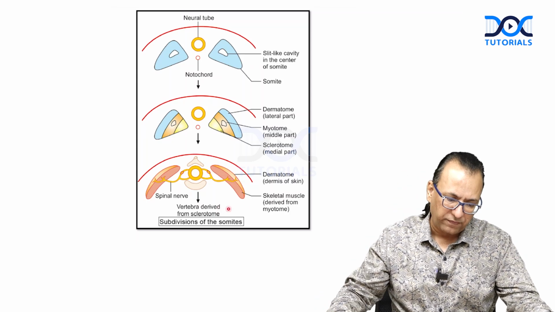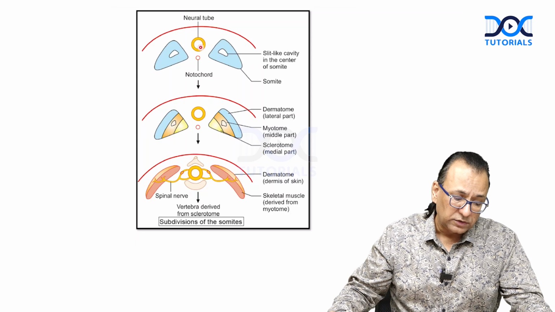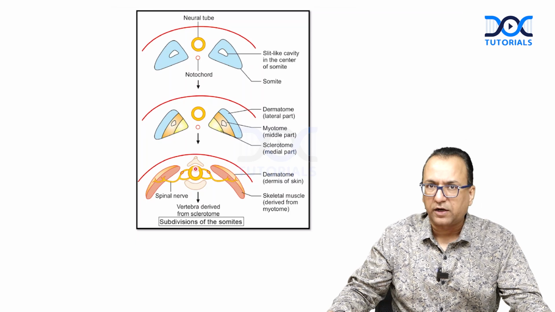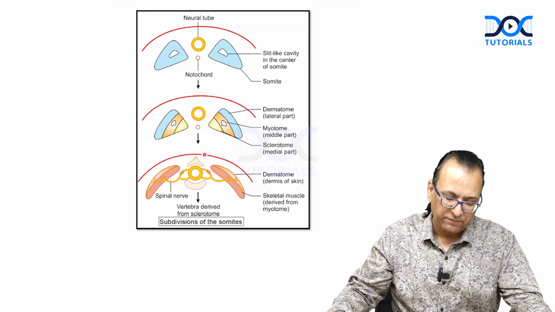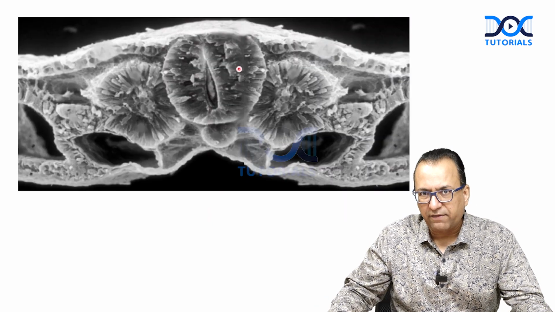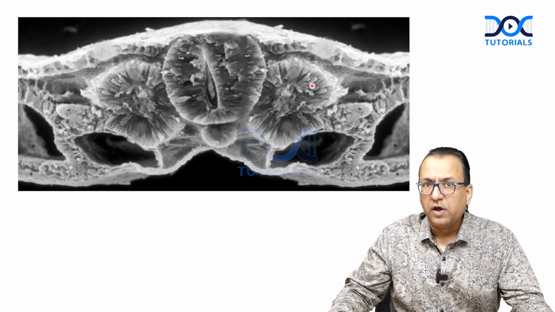Open neural tube defect. See, normally what we have is the neural plate ectoderm forming neural tube forming the spinal cord, and spinal cord is then protected by the vertebra, which came from the sclerotome. But if there is an open neural tube defect, the vertebra will also be open, which is called spina bifida defect. And these days they are giving you such diagrams, which is a scanning electron microscope,